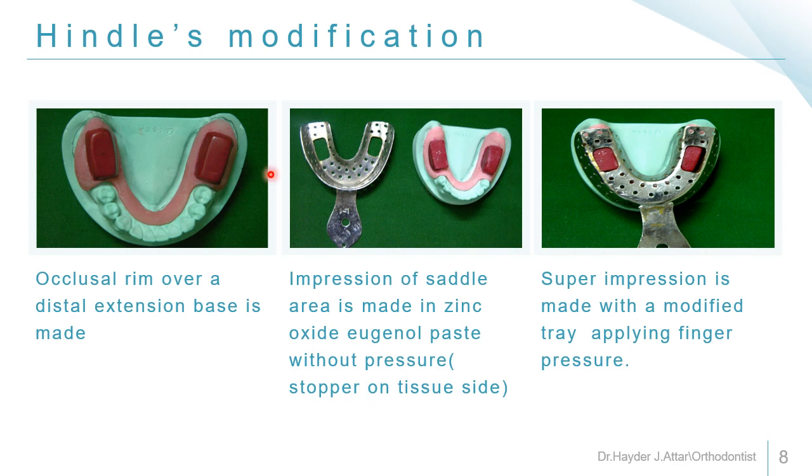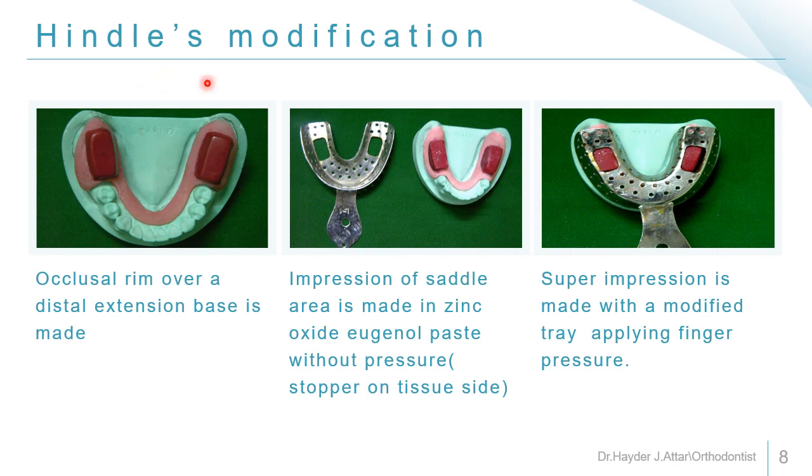Firstly, load the base plate of the bite rim with an impression material such as zinc oxide eugenol to record the saddle area or the free end extension. Then, using alginate, fill the stock tray, which has a window inside it, to take the super impression, or pickup impression, in a mucostatic technique and make a dowel impression.